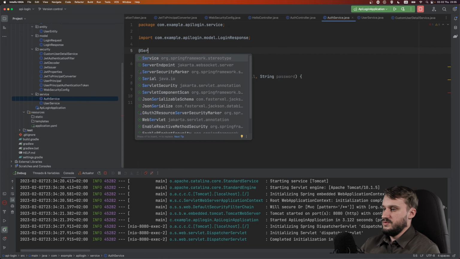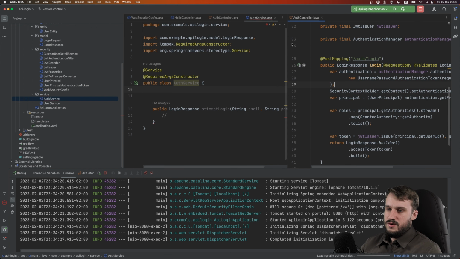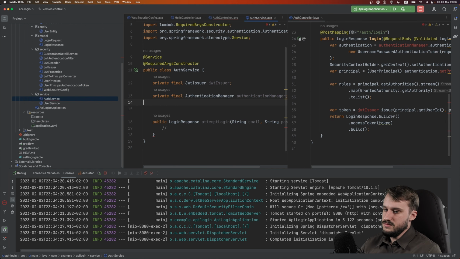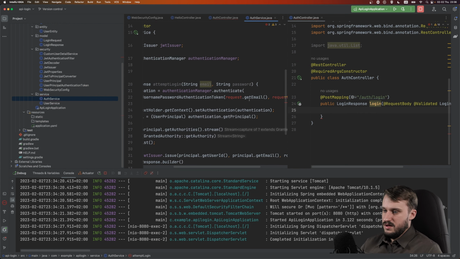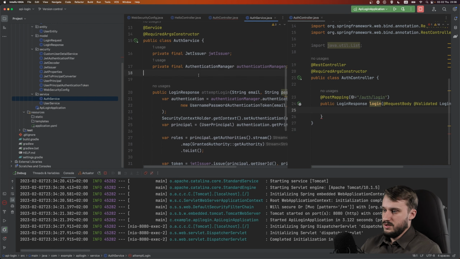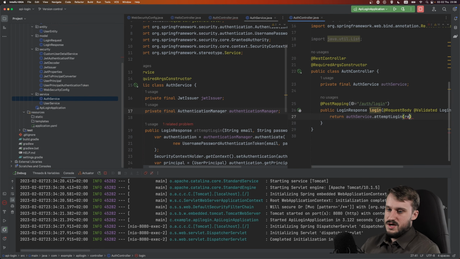Don't forget to mark this as a service with required args constructor, because we're going to need something from our controller, and it's these injections. And what we can do is we can just copy this code, paste it inside our attempt login, fix little issues such as these ones. So this is an argument already, boom, boom, boom. And if you inject this private final auth service into our controller and just return auth service attempt login,